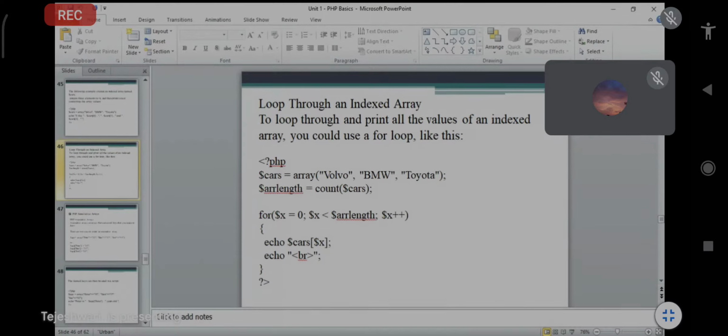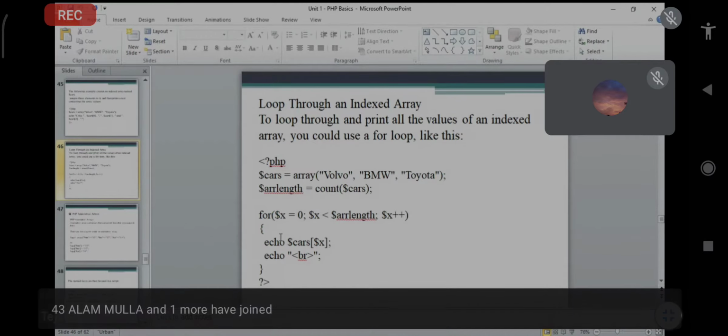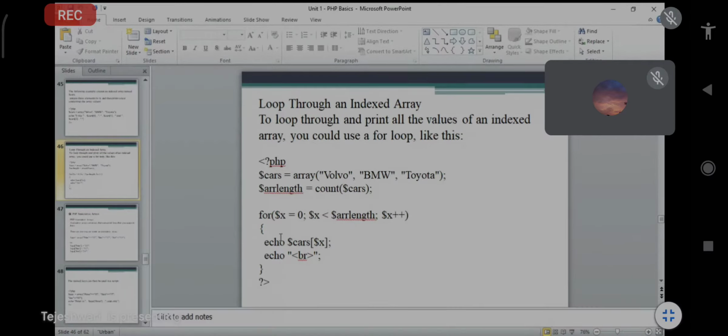Okay, so it takes the elements one by one. Why are we using a for loop? Just for repetition, or just for the sum. Suppose, for example, we initialize with 0, and whatever the array length is. Suppose 0, 1, 2. So your length is 2 only. That means that particular loop will be executed until the 2 elements.